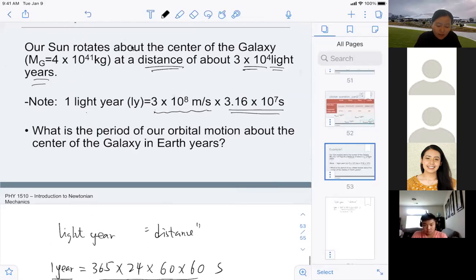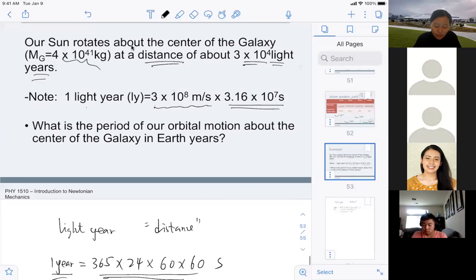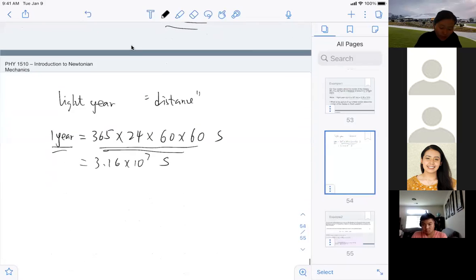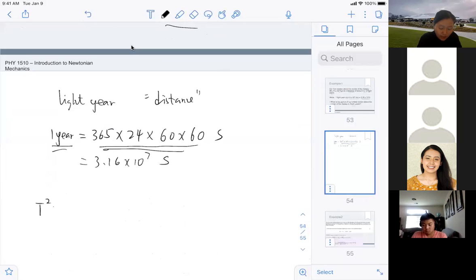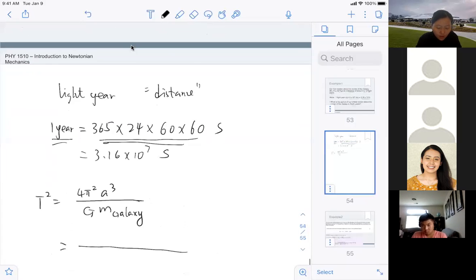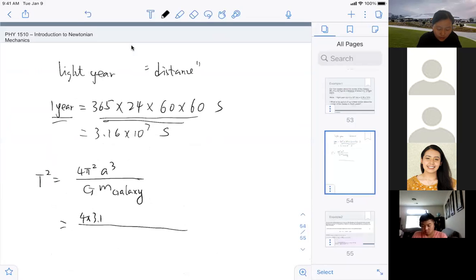And the mass of the galaxy is also given. So we're asking what is the period of our orbital motion about the center of the galaxy in Earth years. So we are calculating the time, right? We are just going to use the equation. You can see Kepler's law, there's not too much problem solving involved. It's really just plug and chug into our equation. All right, so I'm going to plug in the numbers here. And the distance, which is given,